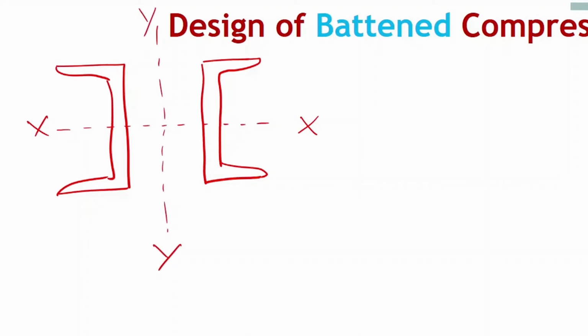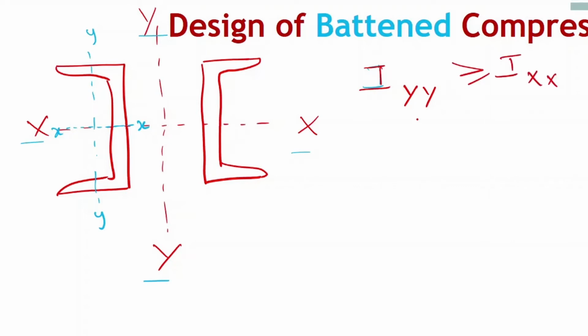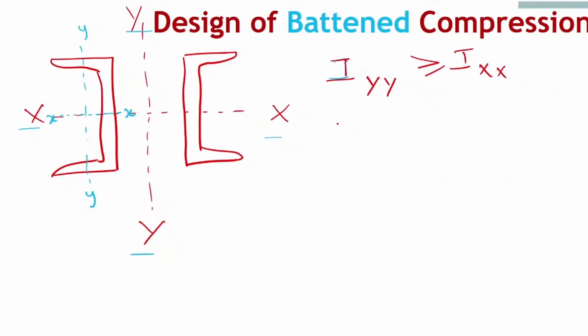As we know, the individual moment of inertia of the channel section lies here: major axis xx and minor axis yy. So we need to arrange it in such a way that this yy moment of inertia has to be greater than or equal to the xx moment of inertia. The global moment of inertia about axis YY should be greater than or equal to the global moment of inertia about axis XX. So if you expand this,